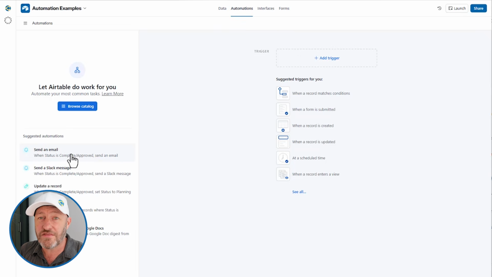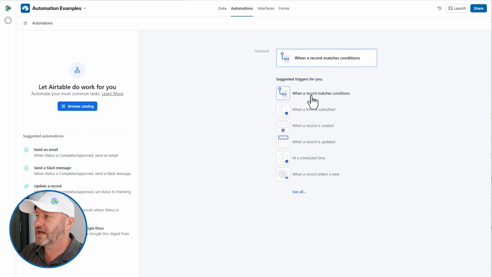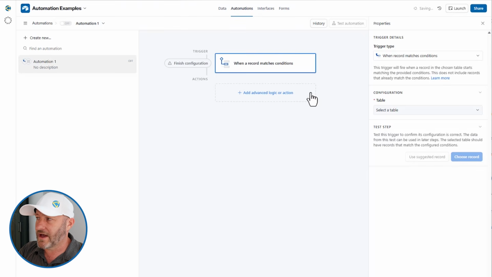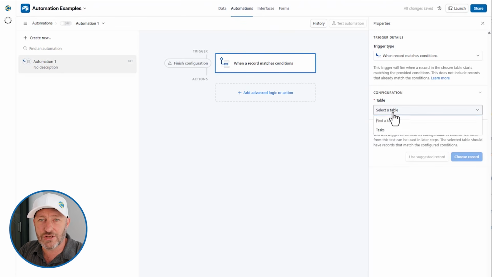A trigger is the thing that initiates the automation. So for us, we're going to say when a record matches conditions in this example. This is a very common trigger in Airtable that you will use over and over again when building your internal automations. So I'm going to grab that record matches conditions, and now I establish the conditions that will trigger the